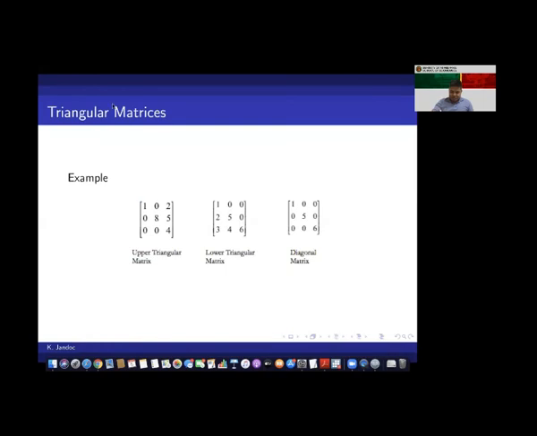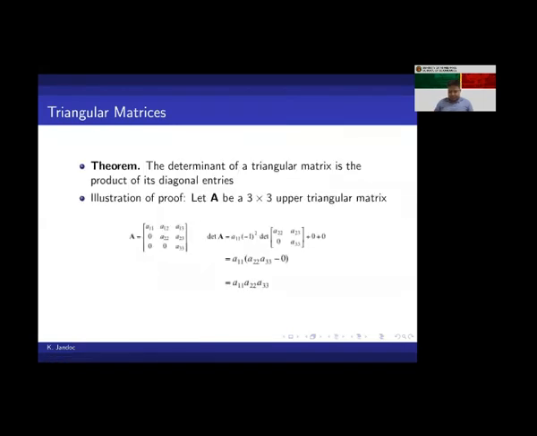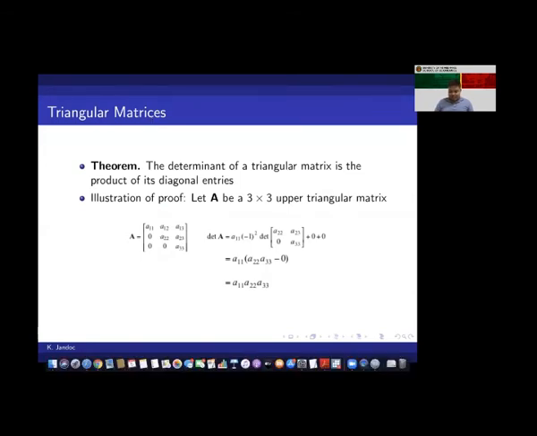Now these are special matrices. Why? Because we have a theorem here which says that the determinant of any triangular matrix is just the product of its diagonal entries. Okay? So if we have a matrix A like this one, which is an upper triangular matrix, when you get the determinant of that,